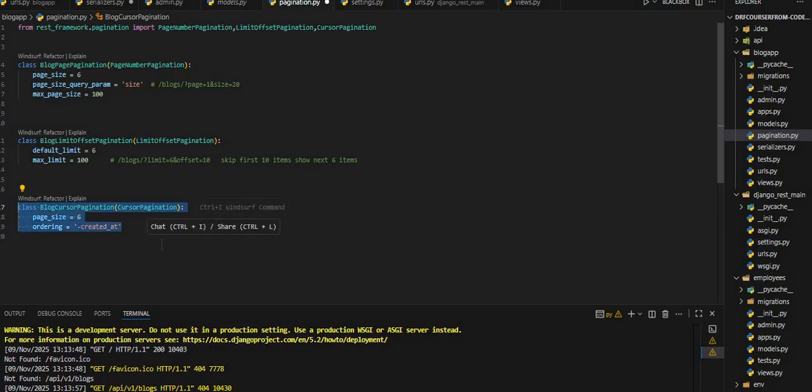Basically, page_size equal to 6 shows 6 blogs per page, and then the ordering attribute shows newest blogs first. That's why we use minus created_at here. This will show the newest blogs, 6 per page, the latest 6 blog posts. To apply this pagination in our view set,